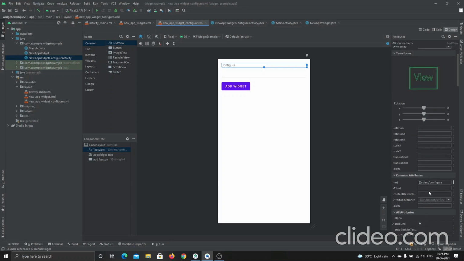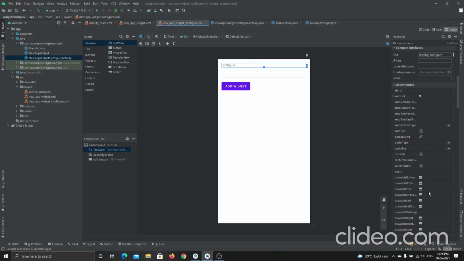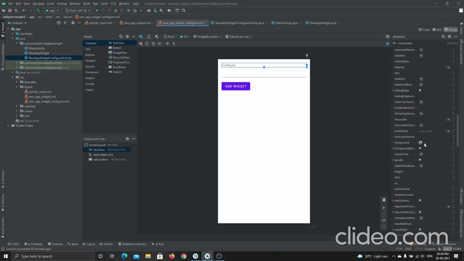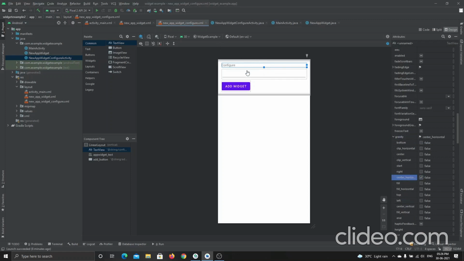And inside this, if I go and change the configure to padding with some gravity to center horizontal, then let me show you. Yeah, here center horizontal. When I select it, it just places that into the middle of the layout.